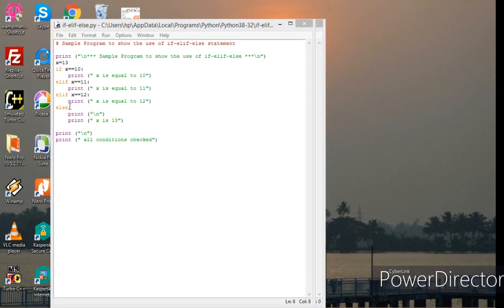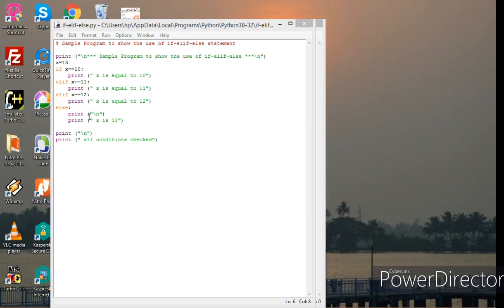Since these conditions are not satisfied, it straight away comes to the last else, and it prints x is equal to 13. And here I have these two statements which do not belong to any of these blocks.